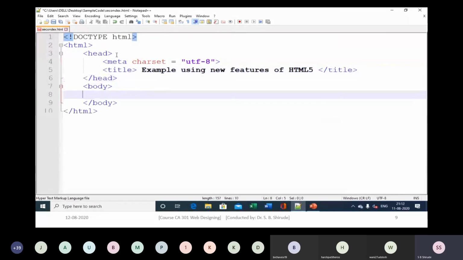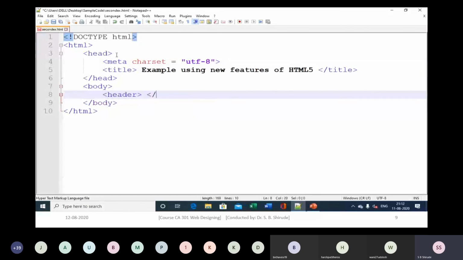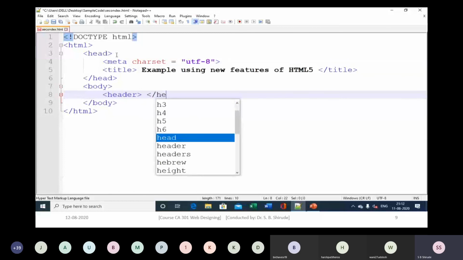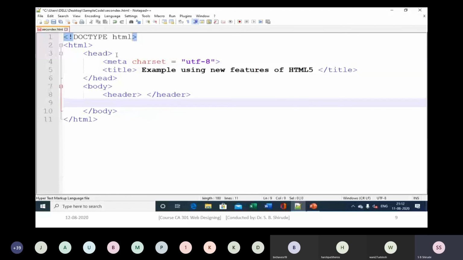And then after that, in the body, we are making use of those semantic markup elements. First of all we add the header element, its start and end tag. Then we have a nav element, so start and end tag for nav.